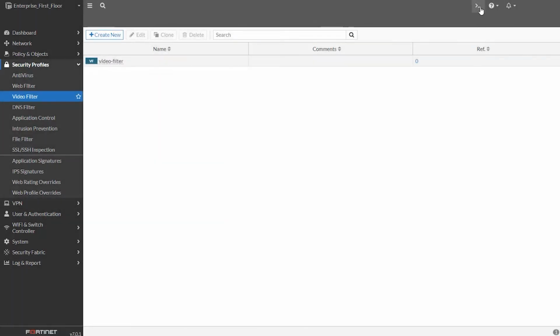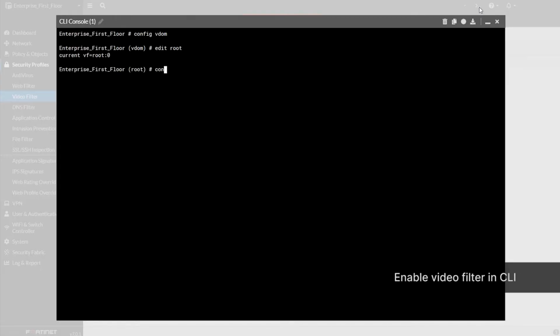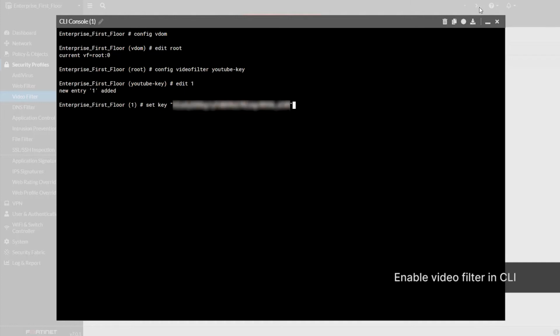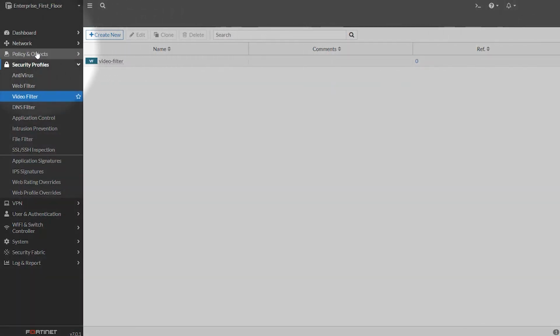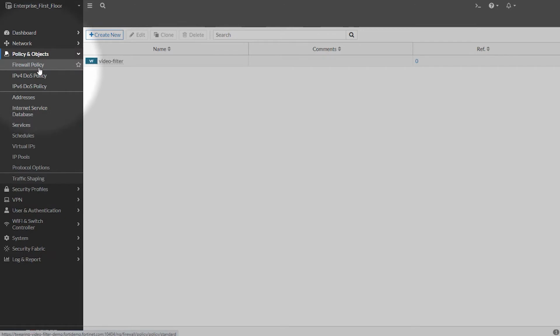Go into the CLI console to enable the video filter profile. Type in config videofilter youtube-key, then edit 1, then set key, then your YouTube API key in quotation marks, then next, and end. Close the CLI window and create a new firewall policy by going to Policy and Objects,